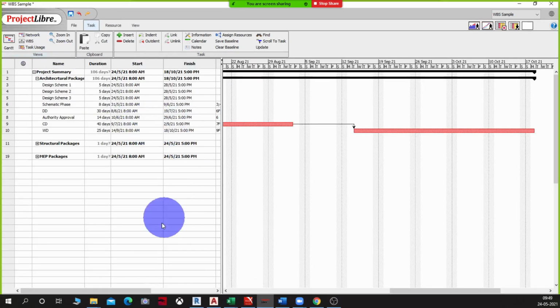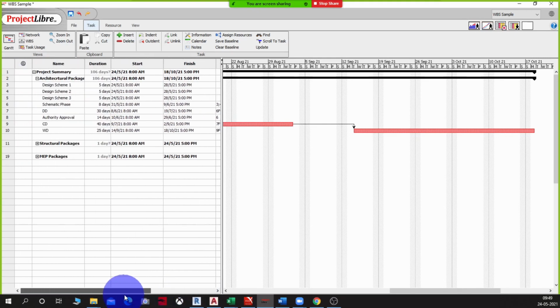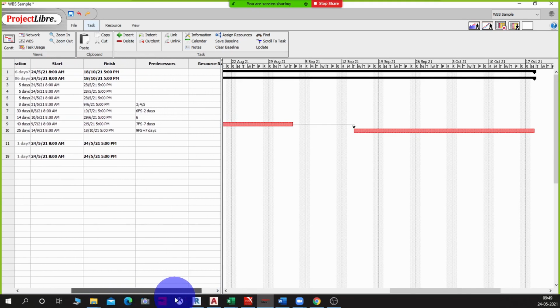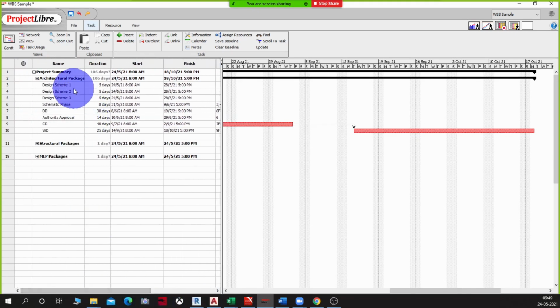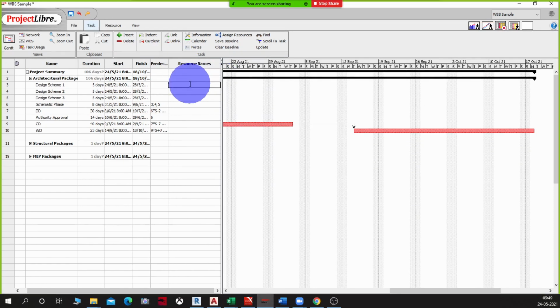Let me come back to the Gantt view now, and here let me start adding resources. So for scheme 1 here I'm going to add the resource. Let me shrink this a bit so that I can see all of that together. Yeah, I am assigning resource D1.